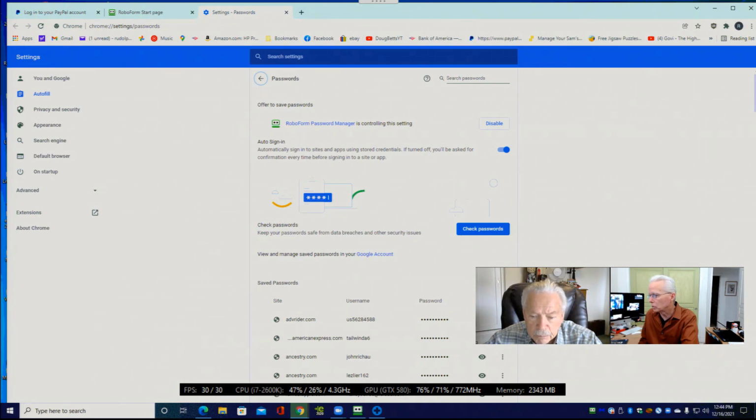And if we scroll down, we'd find more websites. What we're interested in here is the one for PayPal that has the Comcast address. We'd like to remove that so that Comcast address is never even suggested. Right. So up here in search passwords, I'm going to type PayPal. As I'm typing, the search results change. There you go. I spotted it.